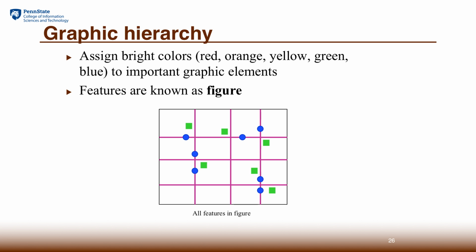So the themes and features that tend to be more important to the topic should be on the figure. For example, if we try to visualize crime, definitely the crime should be on the figure of your map, and the street network may be the ground and show the relative location and provide the context for you to interpret those crime instances. So when you try to bring this hierarchy concept into it, there are a lot of things to be considered, and there are strategies to emphasize something over other things.